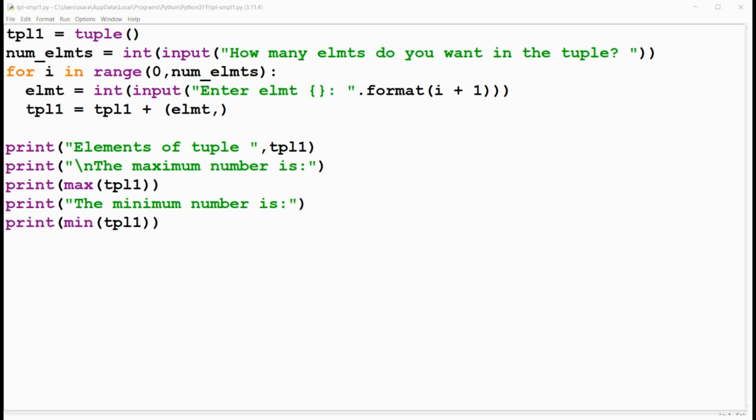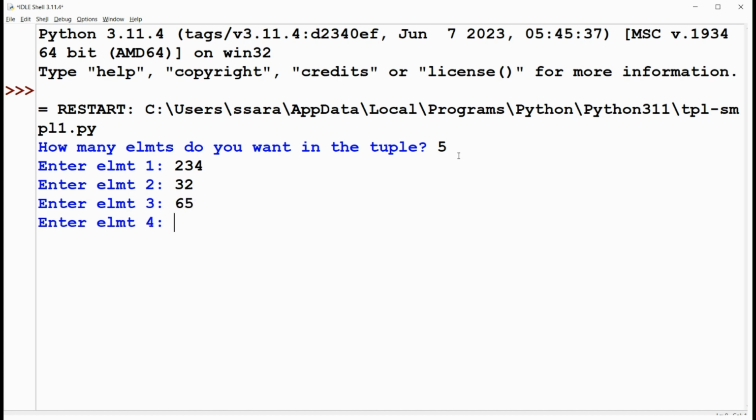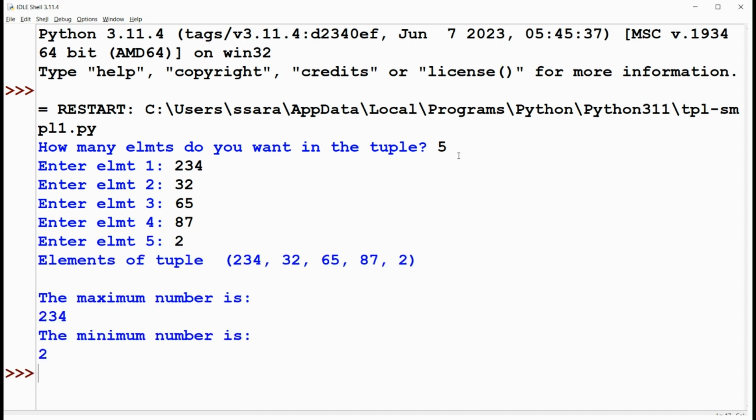Next, we will see a sample for creating a tuple with user input and finding the maximum and minimum number from that tuple. I have stored it as a py file. Let's run it and see how it works. The program is going to ask the user for the number of elements as well as the elements. So let's say 5 elements, and I give some random numbers. They all have to be numbers because I'm receiving integers. So these are the elements of the tuple as I entered,